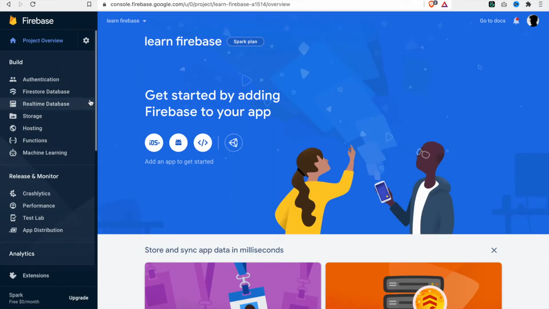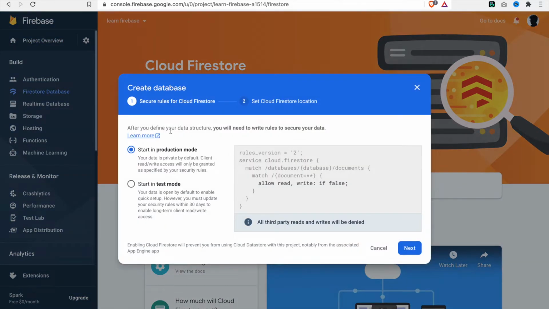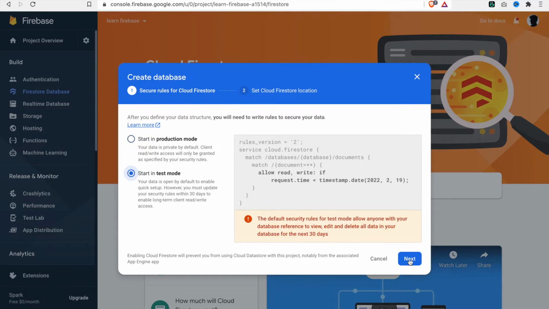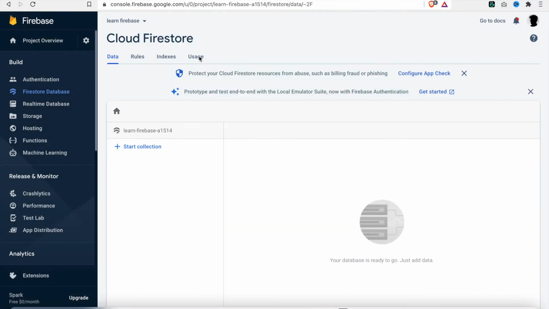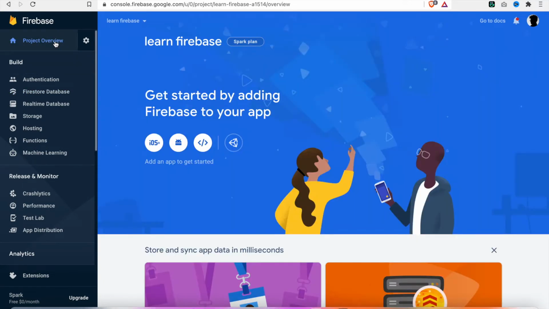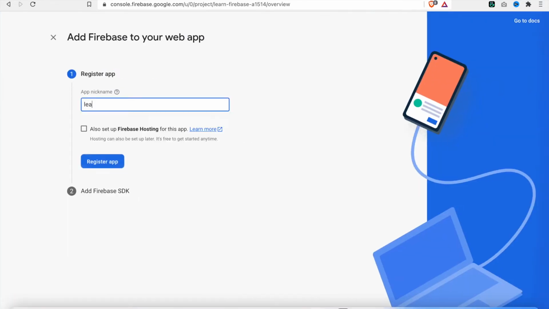and then we click continue. And then we go to the Firebase Firestore, and then we click Create Database and start in test mode. And then we click Enable. Now after it has already created Firestore, we go to the project overview, and then we click on the web. And then we name the app name, the nickname,